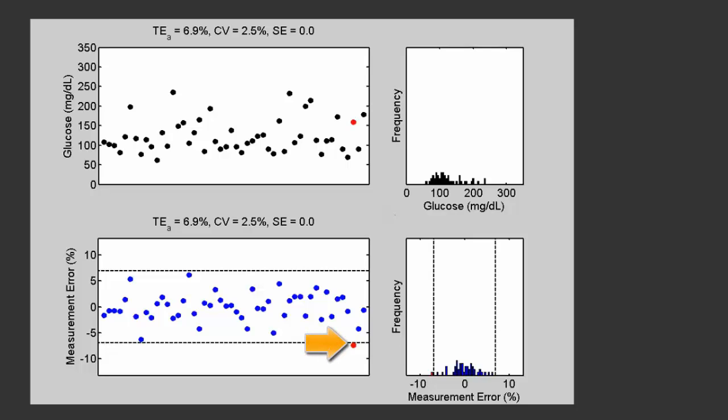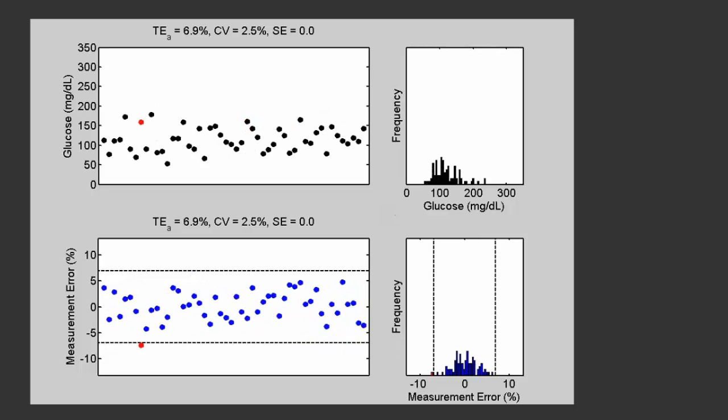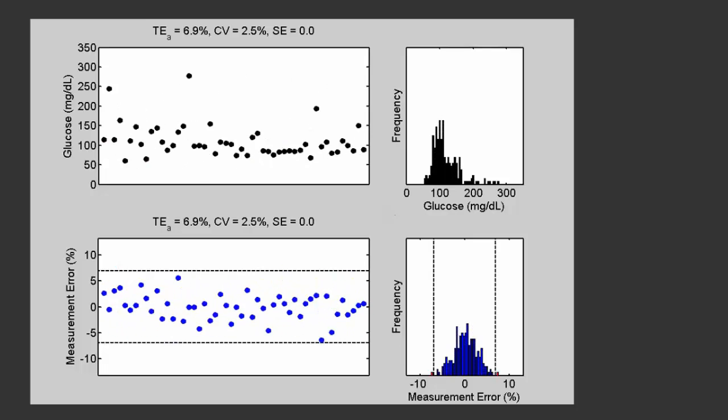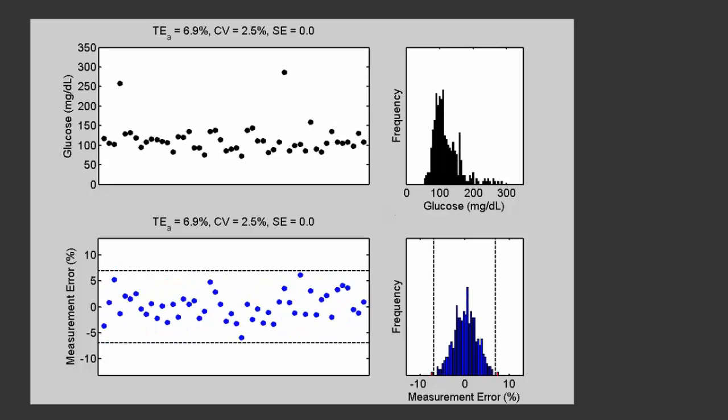Also notice that we now have a result with measurement error that exceeds 6.9%. It's denoted in red. It doesn't exceed 10%, so it wouldn't have been red earlier. Let's make another observation about the result that isn't meeting the quality requirement. There is nothing about this result that would give a laboratorian a clue that it contained an unacceptable amount of measurement error. If we continue to measure results, we see a few that are failing to meet the quality requirement.